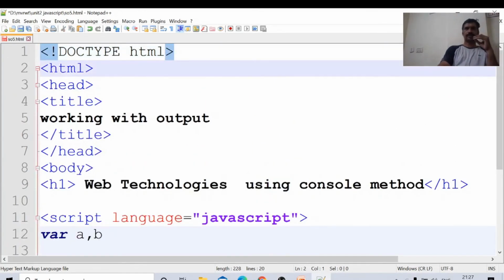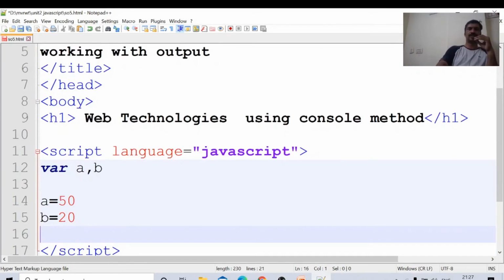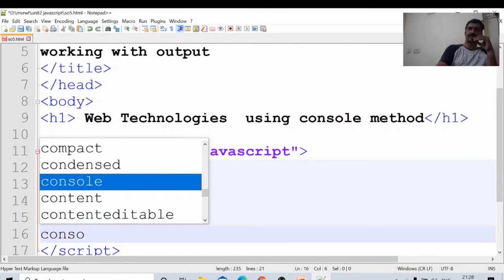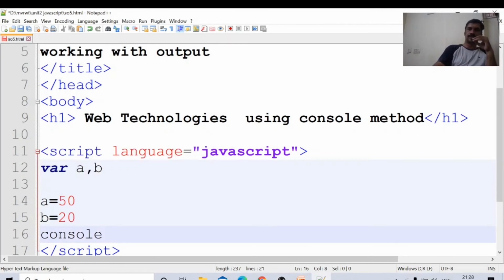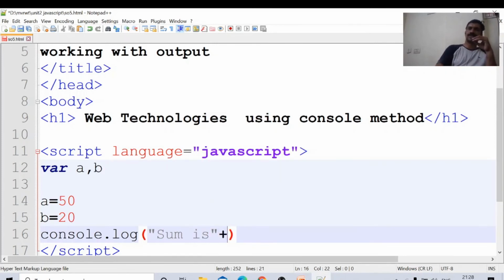Working with output, I want to display output on the console. Console is not optional like window. Console.log. Here I will write in the same style. Sum is A plus B.